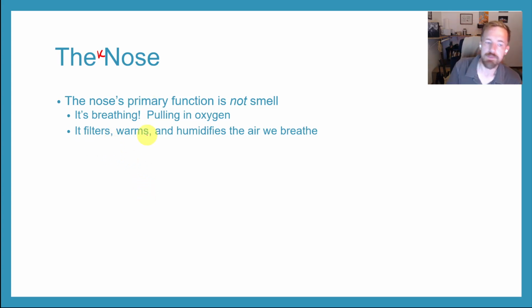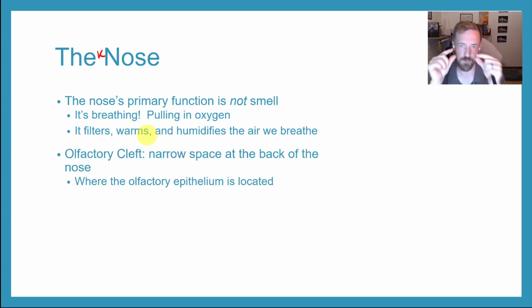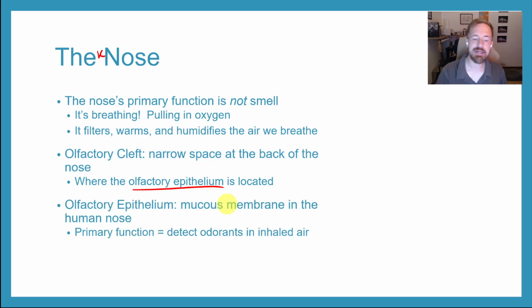So that's what our nose is for. Now, residing up above that, we have an olfactory cleft. And in this olfactory cleft, it's like this hollow space that's up there. That's where we're going to have our primary sensory organ. Our primary sensory organ is the olfactory epithelium. And so you can think of it very much like the retina